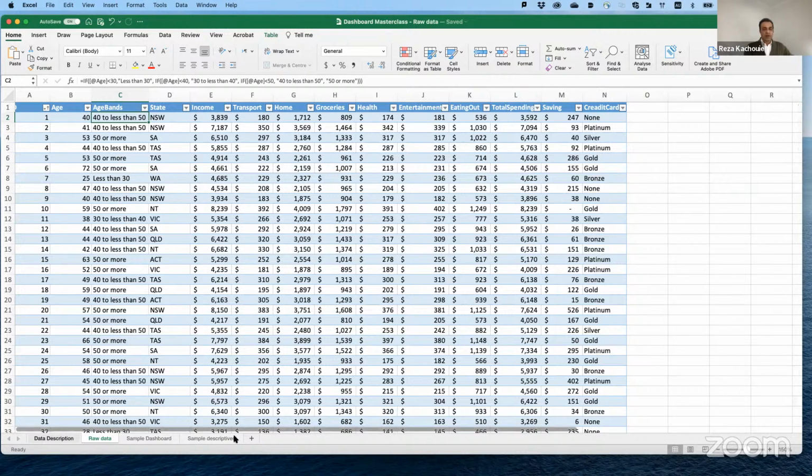Let's do something. Always when you are trying to create a dashboard, you need to have a bit of a feel for data. What's going on with your data? What's happening? What are the limits? Everything about your data, you need to know.